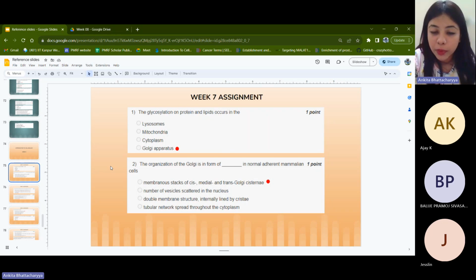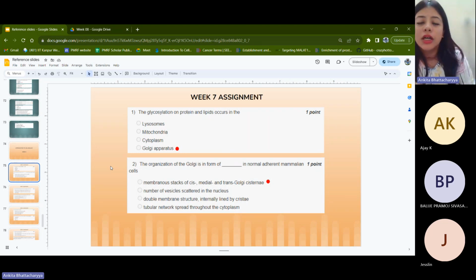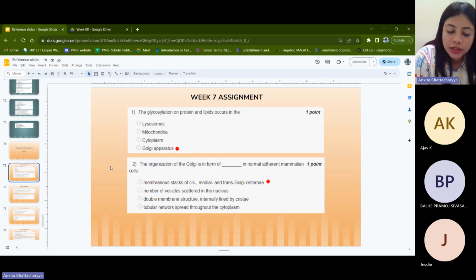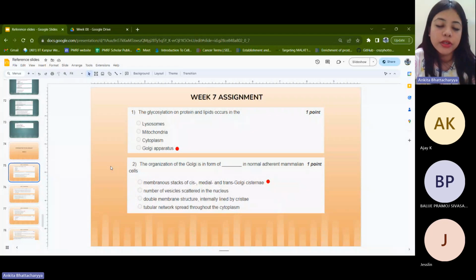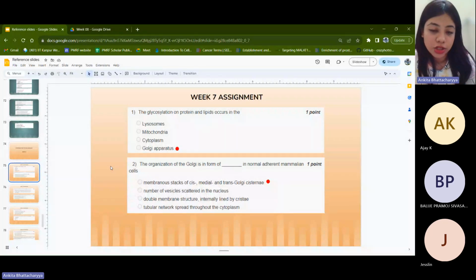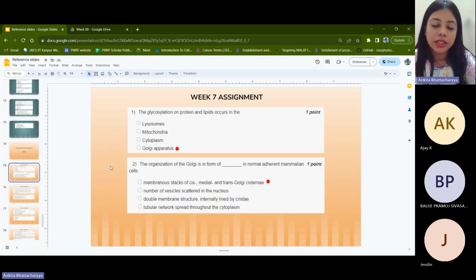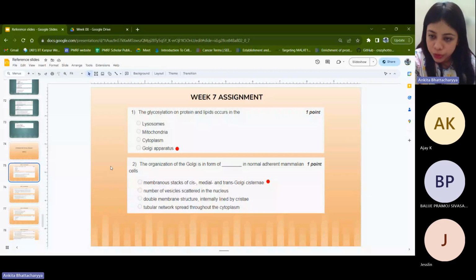The next option is a tubular network, which is spread throughout the cytoplasm. This is more true for the endoplasmic reticulum. It does have a tube-like structure, and it is quite extensive. The structure is not compact, and a large portion of it is in direct contact with the nucleus, because of the things that we had discussed last day: an mRNA, after it has been synthesized in the nucleus, is brought into the ER for subsequent processes, which in a large number of cases also involves translation, the synthesis of the polypeptide chain, which will then undergo processing. So these are all descriptions of other compartments, not the Golgi. The first option is obviously true.